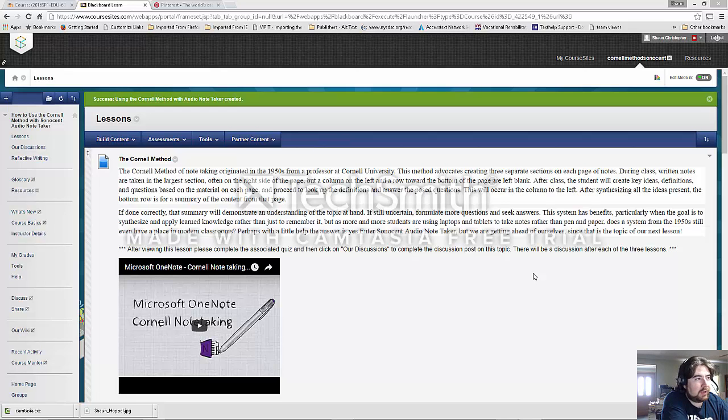The topic of this showcase will be using the Cornell method of note-taking with Sonocent Audio Note Taker. In order to discuss this, I felt that there is some necessary background information. Mainly, what is the Cornell method for those that are not familiar with it? What is Sonocent Audio Note Taker? And then ultimately, the task at hand, how do you use or adapt Audio Note Taker to be compatible with